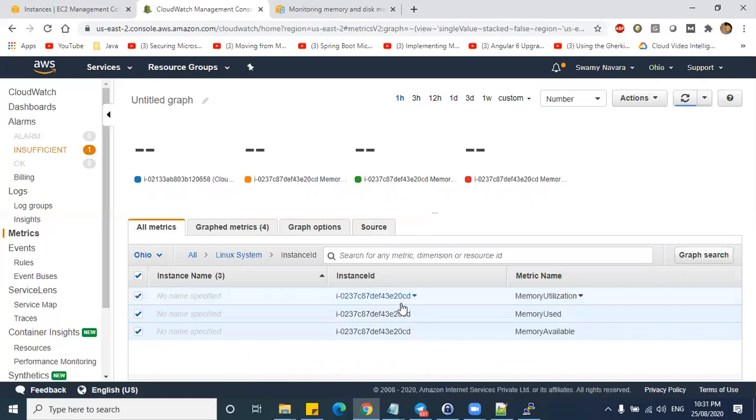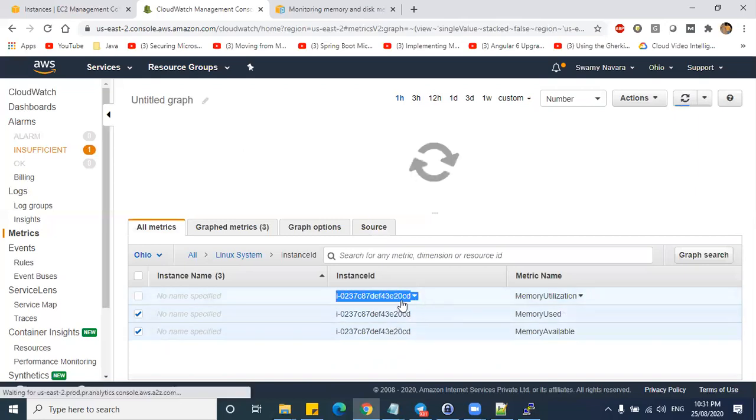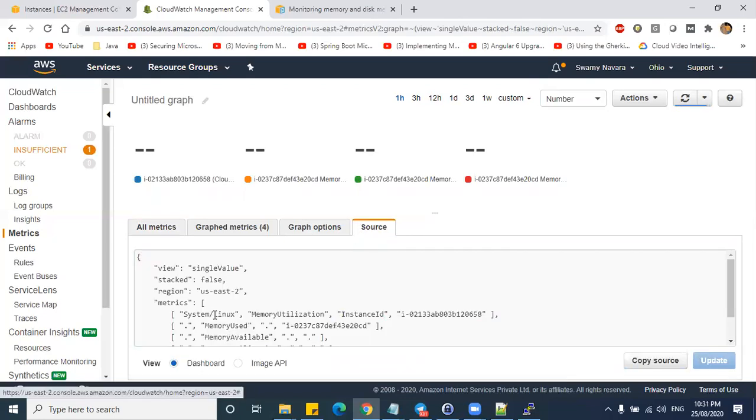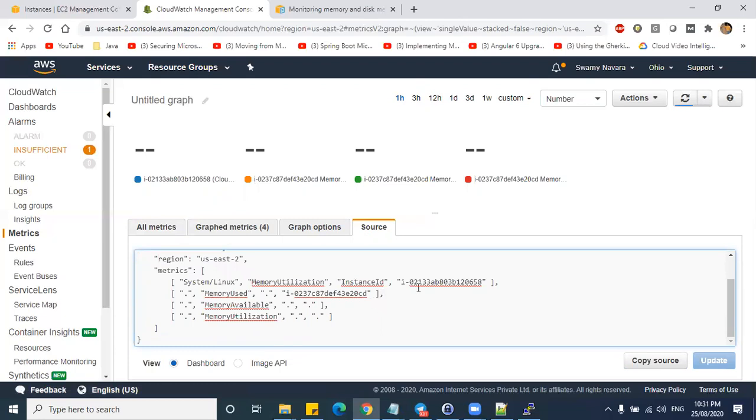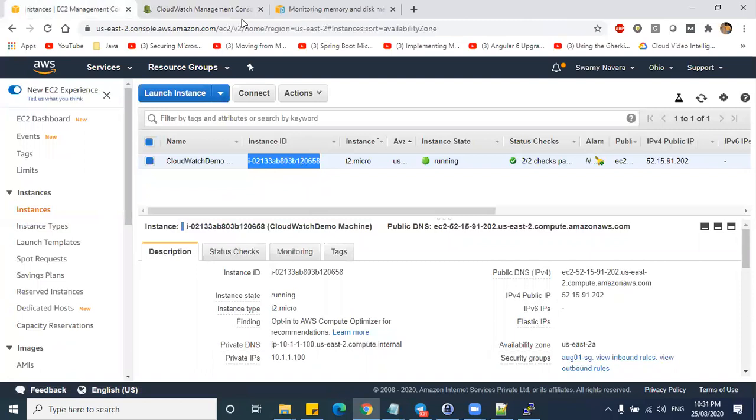What I have done is this old instance ID which I was using earlier. If you click on source, you will get the JSON format of what this is. I just updated the instance ID with our current existing instance ID, whatever I have spun up. Okay, that's what I have done.